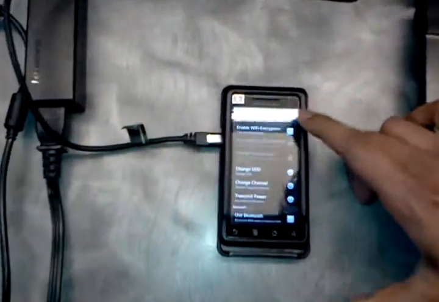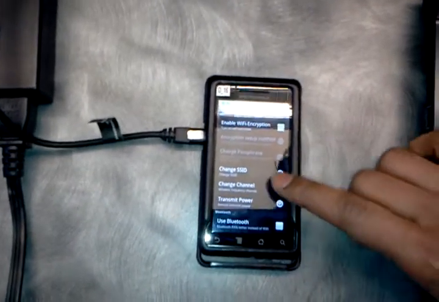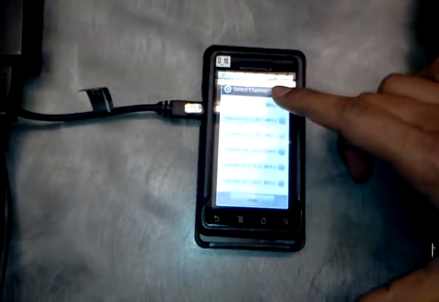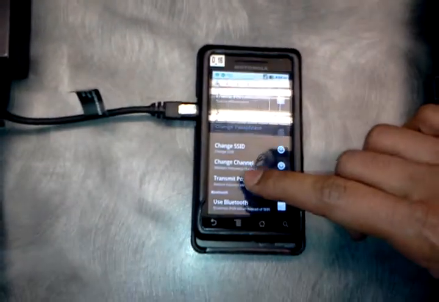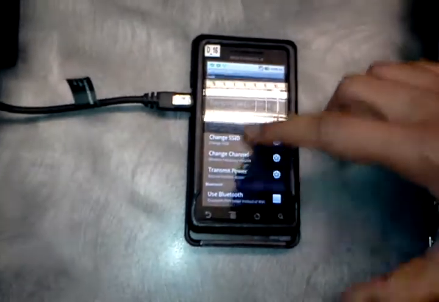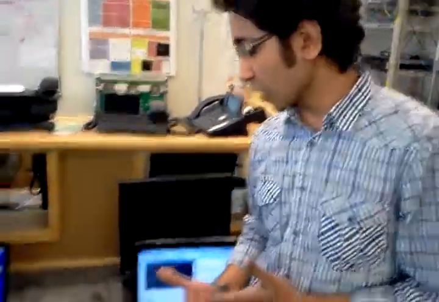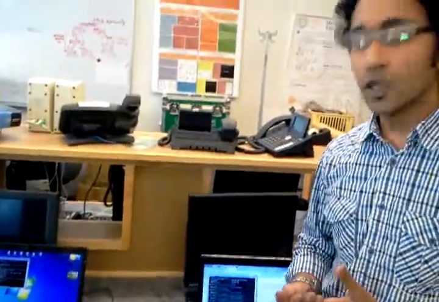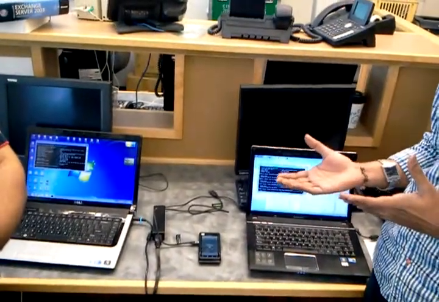If you go to the settings, you can enable Wi-Fi encryption, you can change the SSID, and you can also select the channel frequency which is being displayed here, and you can also control the power transmission of this device. So it's quite an effective application which enables this smartphone to be configured as a rogue access point. The advantage of this kind of application is that if you have an application which analyzes the traffic patterns of the client devices, you can use it to sniff into the traffic, and you can also easily deceive other people into accessing this access point, and you can use this procedure for all kinds of malicious activities.